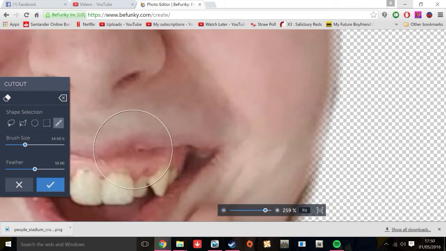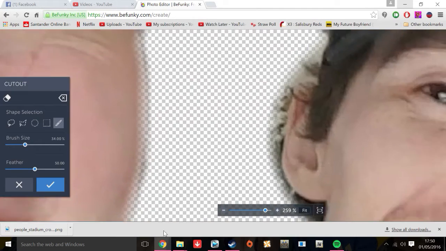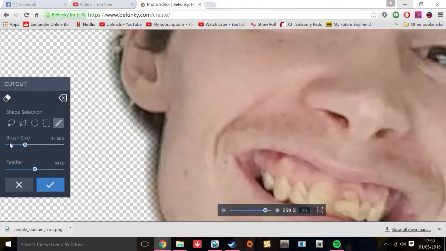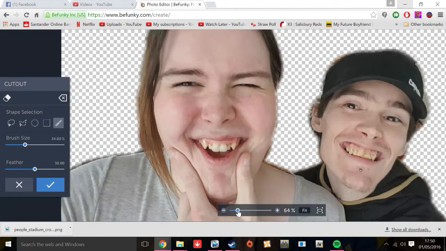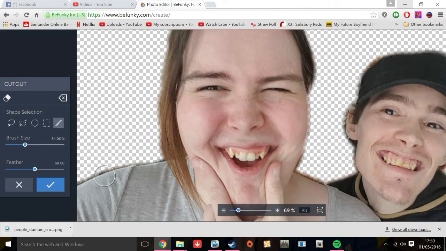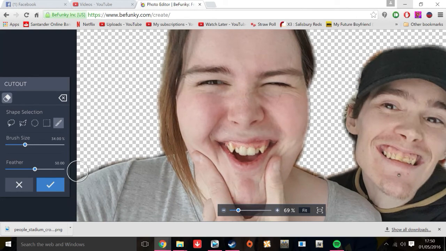Let me get rid of that. If I was zoomed in here, I could actually move it around while I'm doing things. So we've got Aaron's face there. It's lovely. So I need to get rid of these jaggy edges. So you go up to here, erase icon, and then basically you just